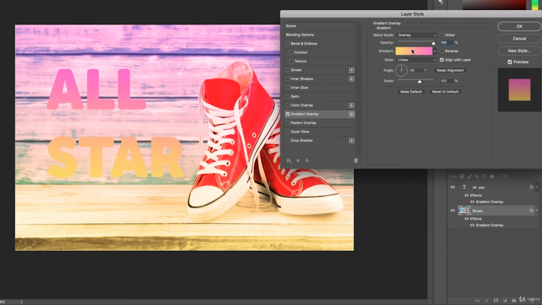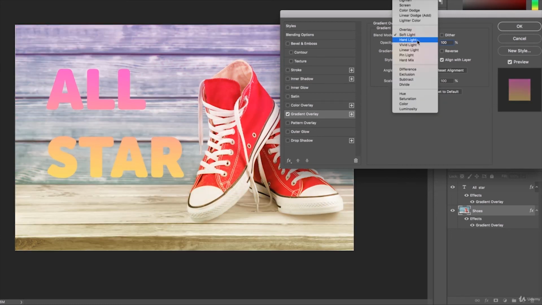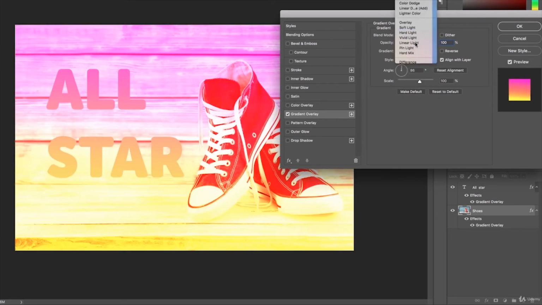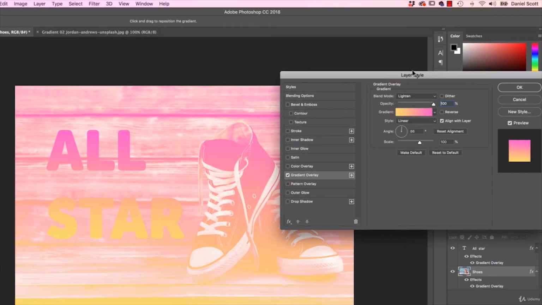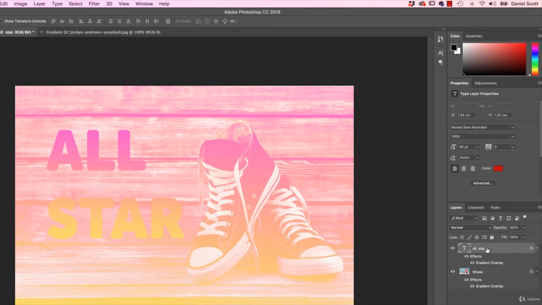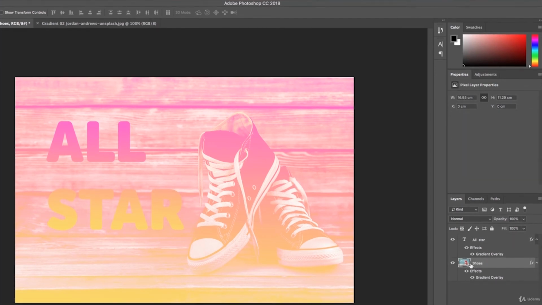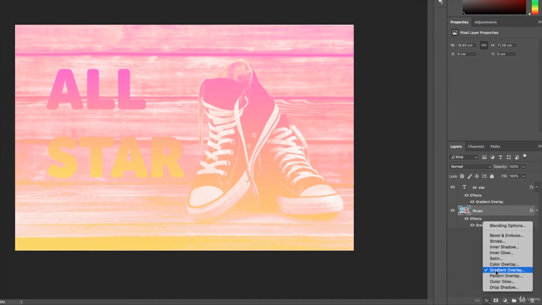Okay, I'm not going to go through every single one of them, because I decided I either liked hard light or I liked screen, and that's totally, sorry, lighten. That's totally just based on my gradients and my images, and I'm going to leave it there. So that's the difference between doing images and just straight off text or shape. First of all, you need your layer unlocked. Then you add the effect like you do normally,